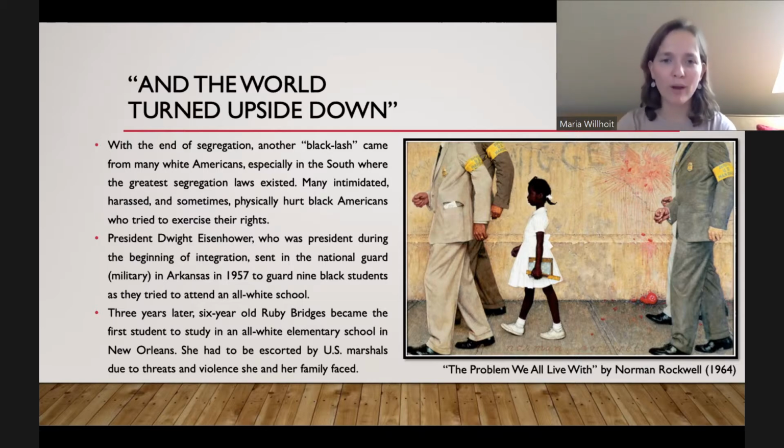But the turning point, where America starts to really change, is through integration. A lot of Americans didn't like that they had to integrate their schools with Black Americans. There is another period of a backlash. As I said, after the Civil War, we have a backlash against Black Americans. We have another one after World War II and during the Civil Rights Movement, where Americans, especially white Americans in the South, start to get very angry and violent against Black Americans.